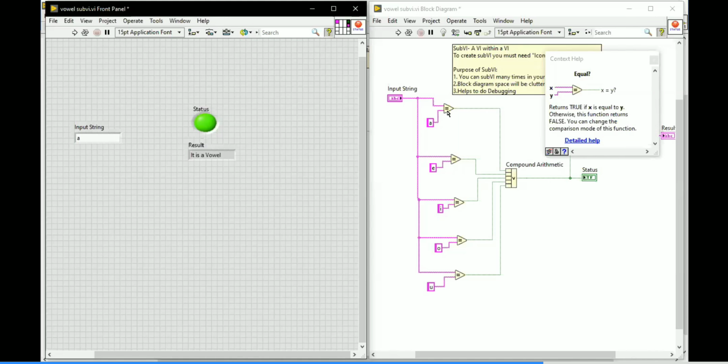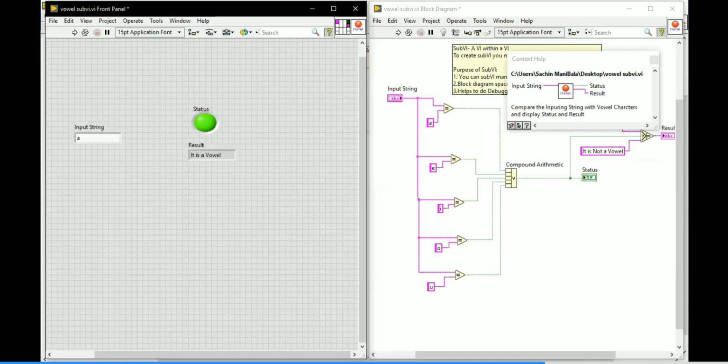So you have required, recommended, and optional available. See the equal to function here: in the equal to function, two required terminals are available. But see our icon. In our icon, we only have recommended terminals available. We don't have any required terminal.